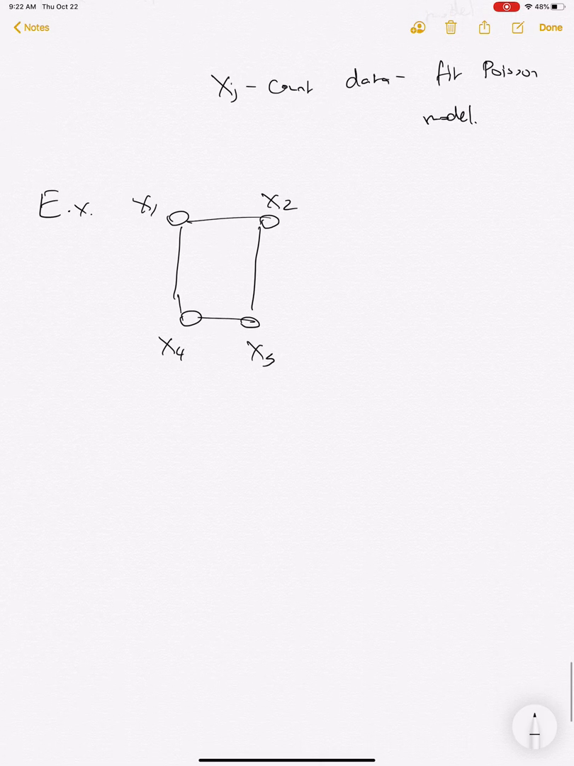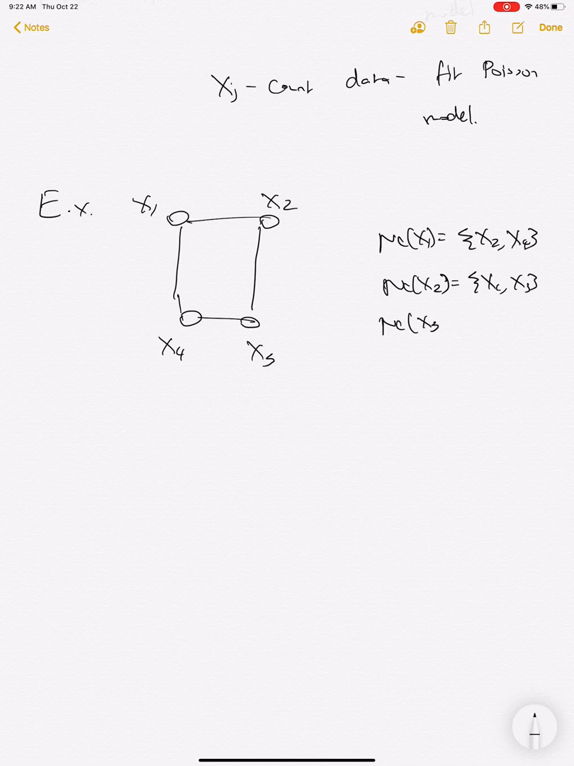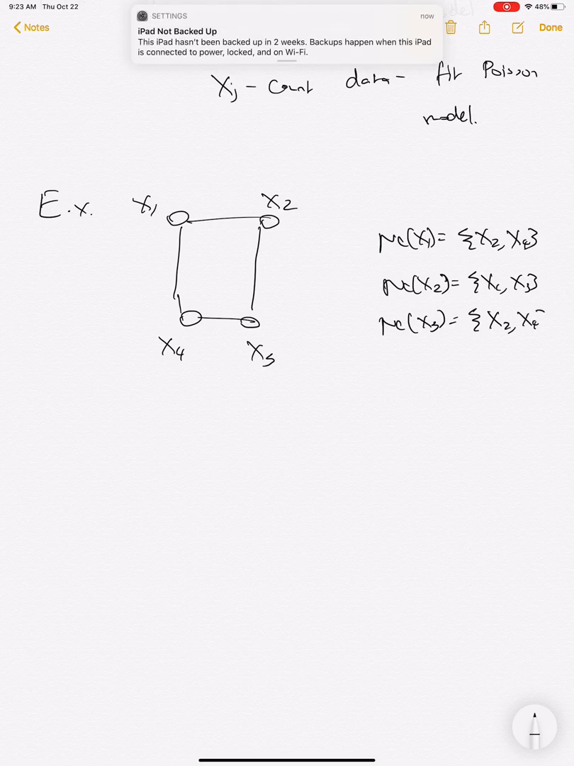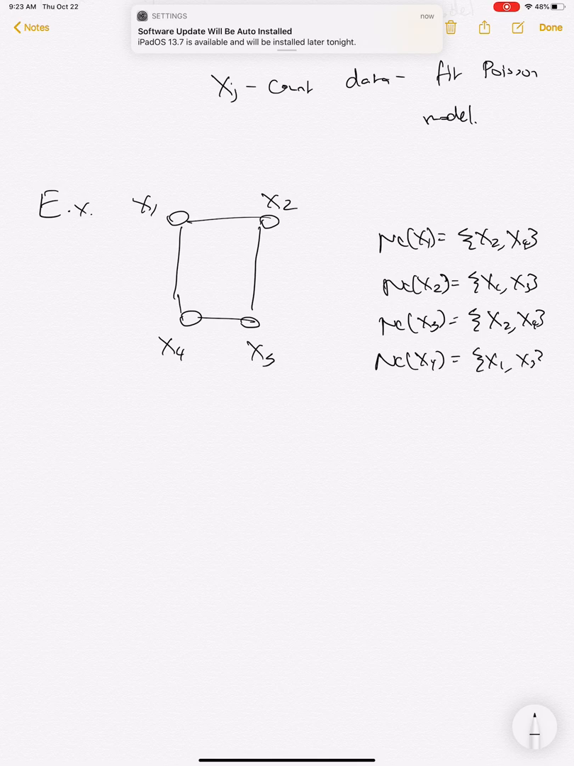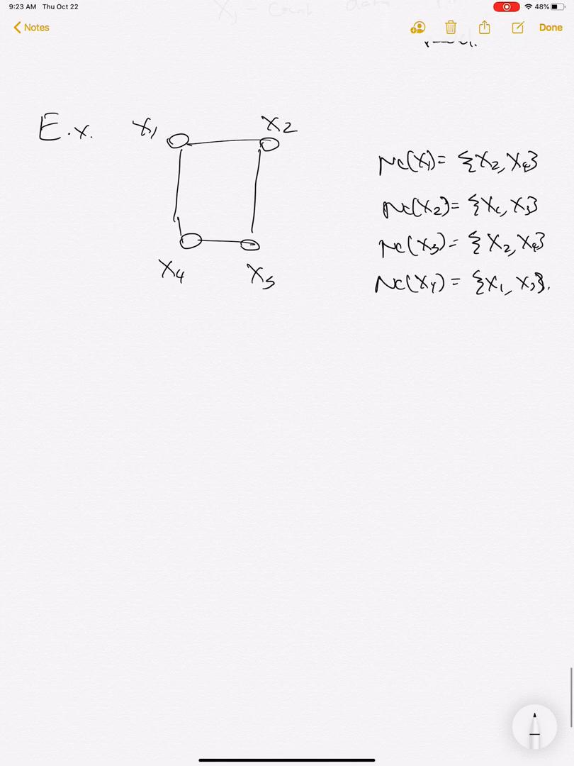So we have that the neighborhood set of x1 is equal to x2, x4. The neighborhood set of x2 is equal to x1, x3. The neighborhood set of x3 is equal to x2, x4. And the neighborhood set of x4 is equal to x1, x3. So therefore we have that